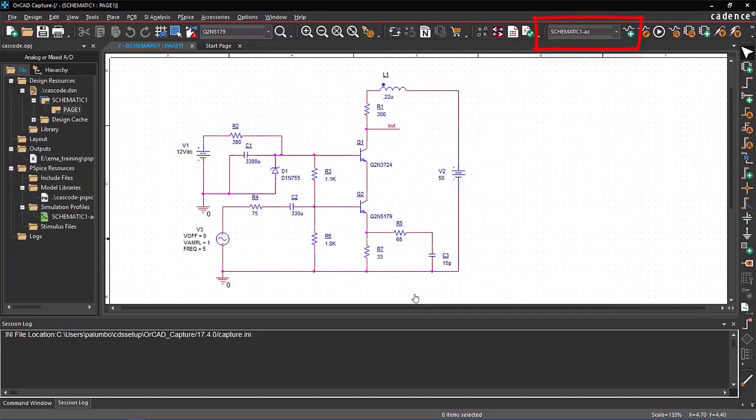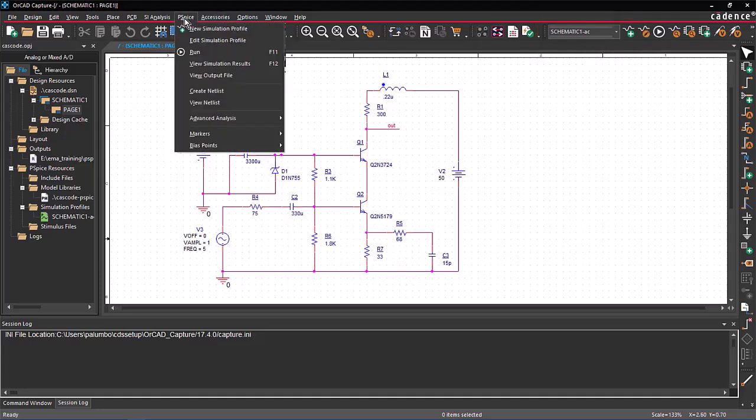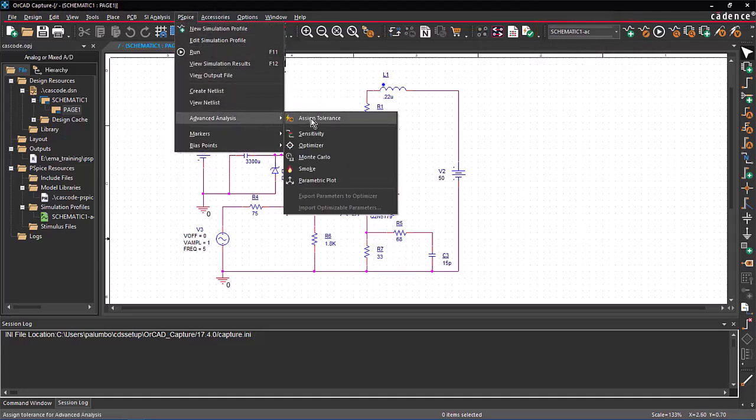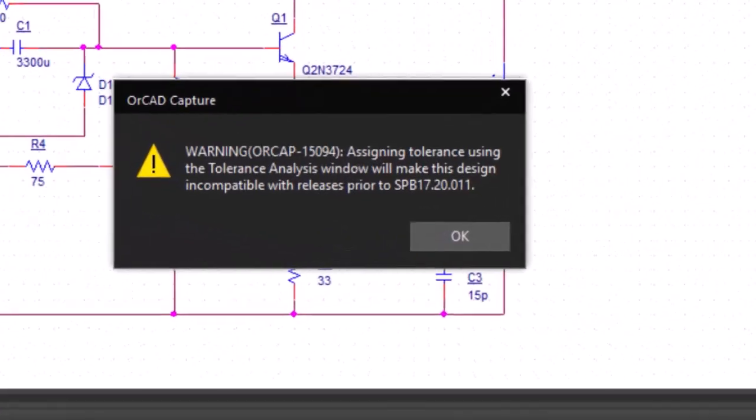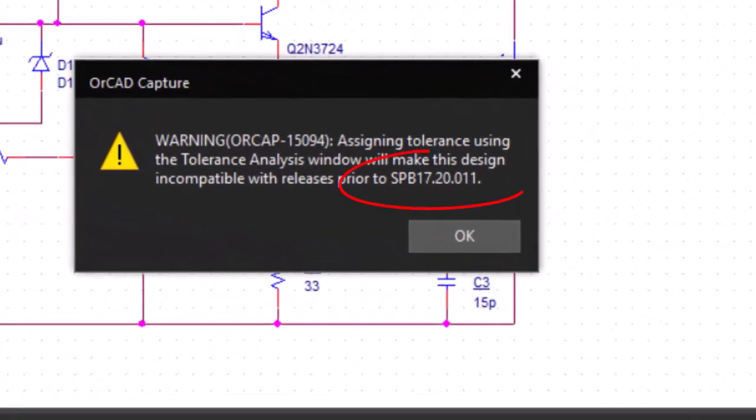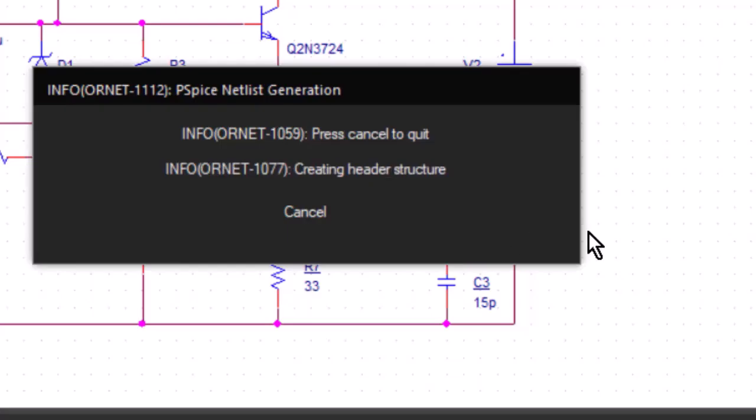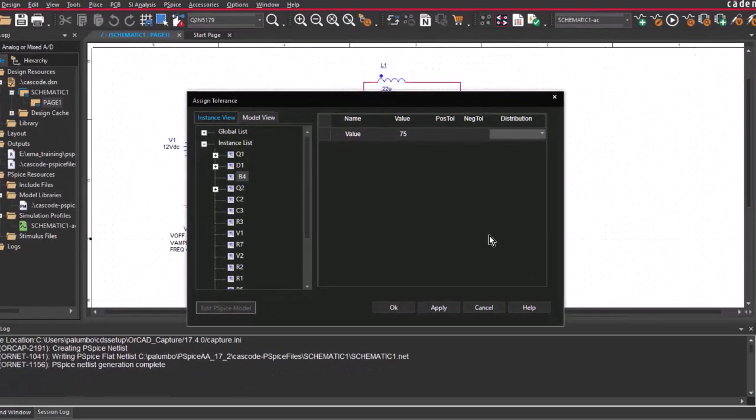Now that we have a simulation profile defined, we can go back and select PSpice, Advanced Analysis, Assign Tolerance. Notice that we get a pop-up warning indicating that by assigning tolerances using the tolerance analysis window, our design will no longer be compatible with designs prior to the 11th ISR of the SPB 17.2 release. After selecting OK in the warning pop-up, a netlist will be generated for our design and the Assign Tolerance form